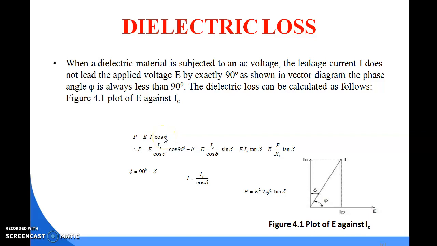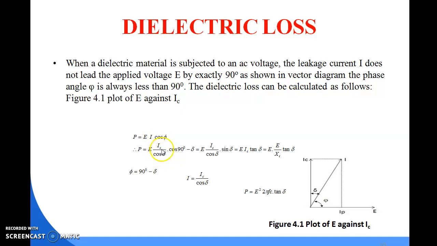Okay, so we know that it is the formula of active power. Active power generally P is equal to VI cos phi. The power which is transferred from the generating station to the load station is called the active power, that is P is equal to VI cos phi. So here we can consider it as P is equal to EI cos phi. Here, instead of I, I write IC by cos delta, since cos delta means IC by I according to the phasor diagram.